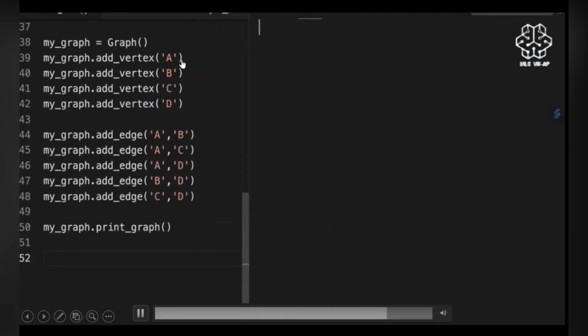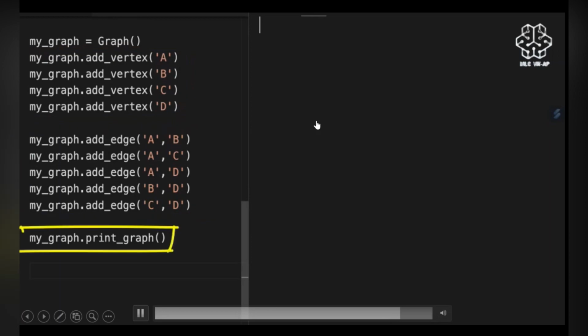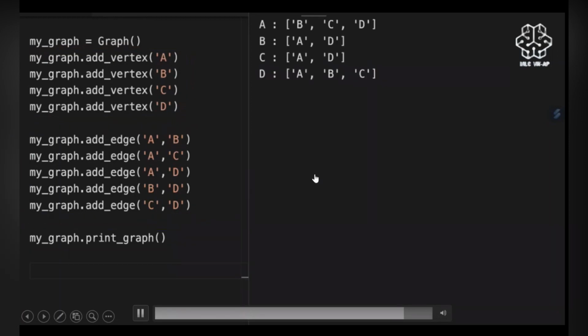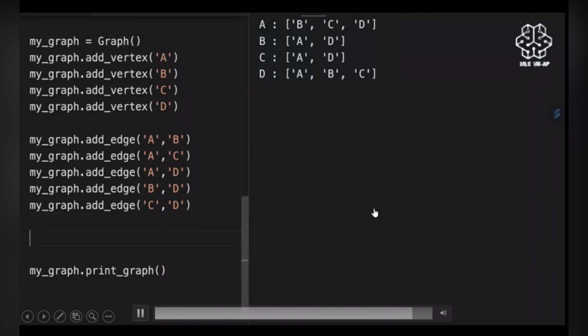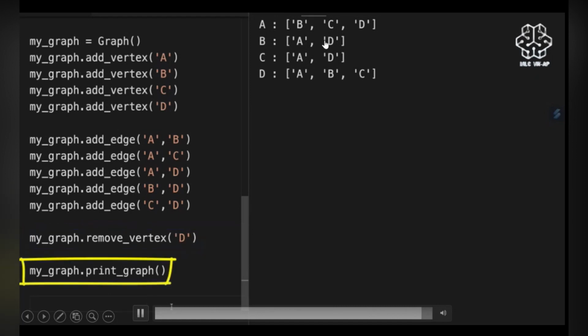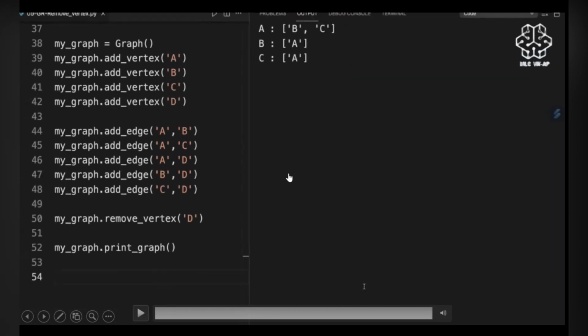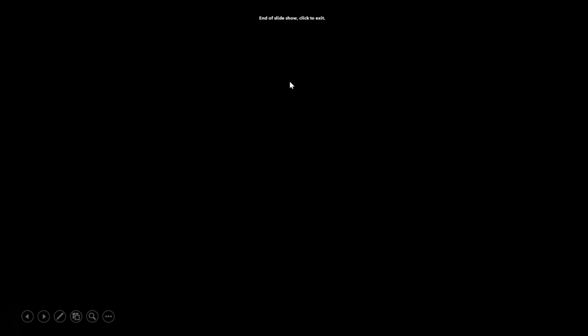As you can see here, we have added vertices A, B, C, D. Then we have added these edges, which are the same as the visual that we showed earlier. And then we will be carrying out a remove vertex operation on our graph. After we remove the vertex, we can see that all of the vertices which had a connection with D have gotten rid of D. And then at the end, our code got rid of D as well. So this was it for graphs